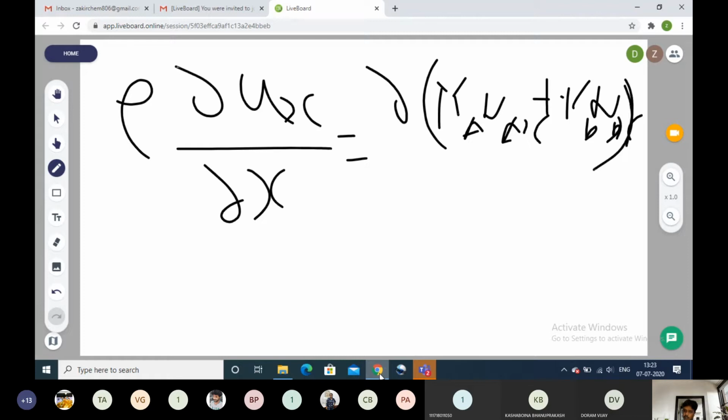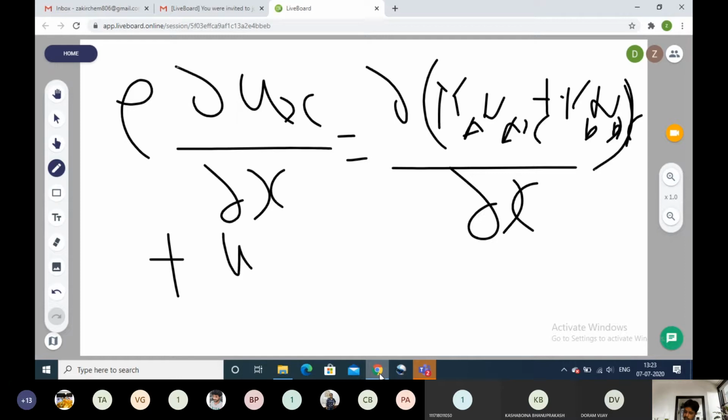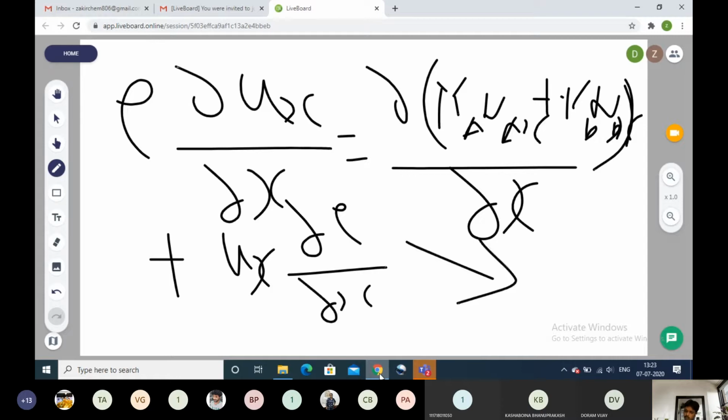My writing is not coming yet because of the lack of a proper internet connection. So MA into NAX plus MB into NBX divided by dou x. We will differentiate this equation. Now here, from variable separable, we can write the other variable, ux dou rho by dou x. This is from variable separables. You can verify from mathematical formulas how we can separate these variables, which are two variables, not even one constant.